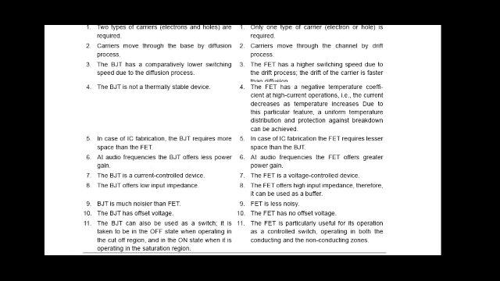Okay, next, a BJT has an offset voltage. Offset voltage means there is a certain threshold voltage. After that threshold voltage only, your BJT can be considered as on. Even if your input voltage is non-zero, it should cross a certain threshold. Only if it crosses that threshold can your BJT be considered as in the on state.